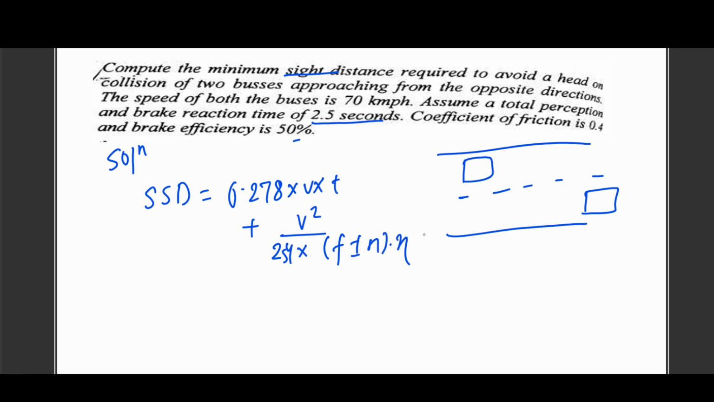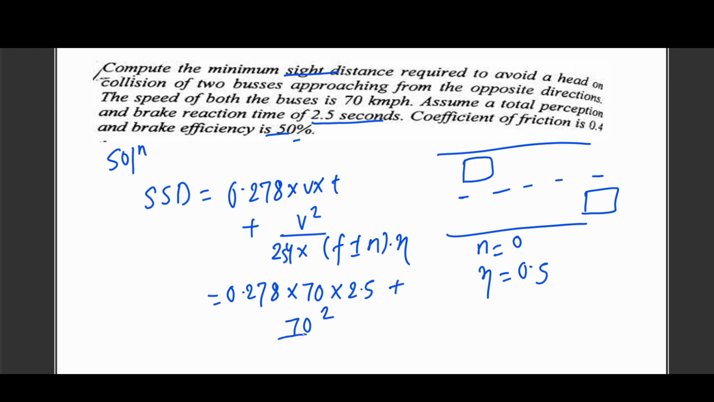What is N? Is the gradient given? No. Gradient is equal to 0. What is the efficiency? Efficiency is 50%, so it will be 0.5. On putting in the values, 0.278 into velocity, both are moving with the same velocity, that is 70, into the reaction time 2.5, plus 70 square divided by 254 into what is F? F is given as 0.4 plus minus N. What will be the value of N? 0, into efficiency 0.5. On solving this, we get